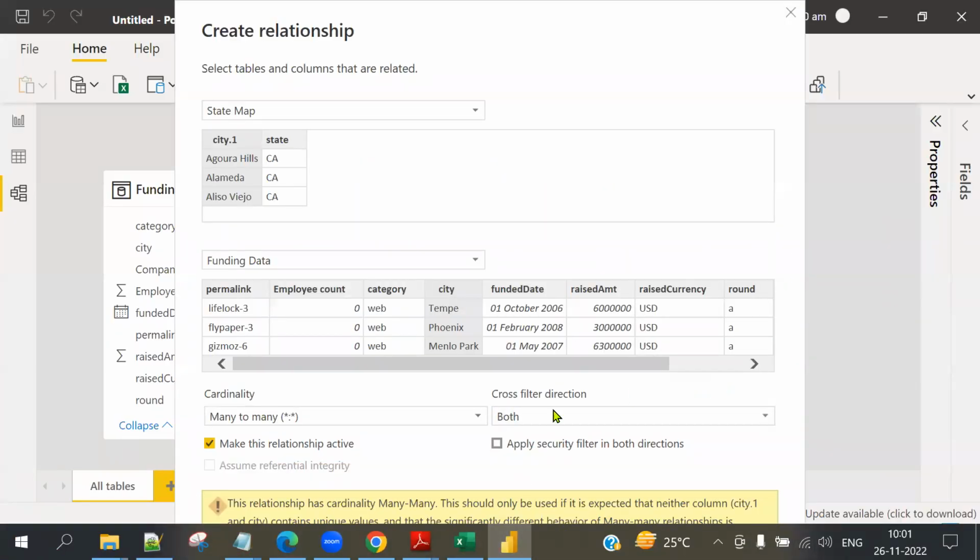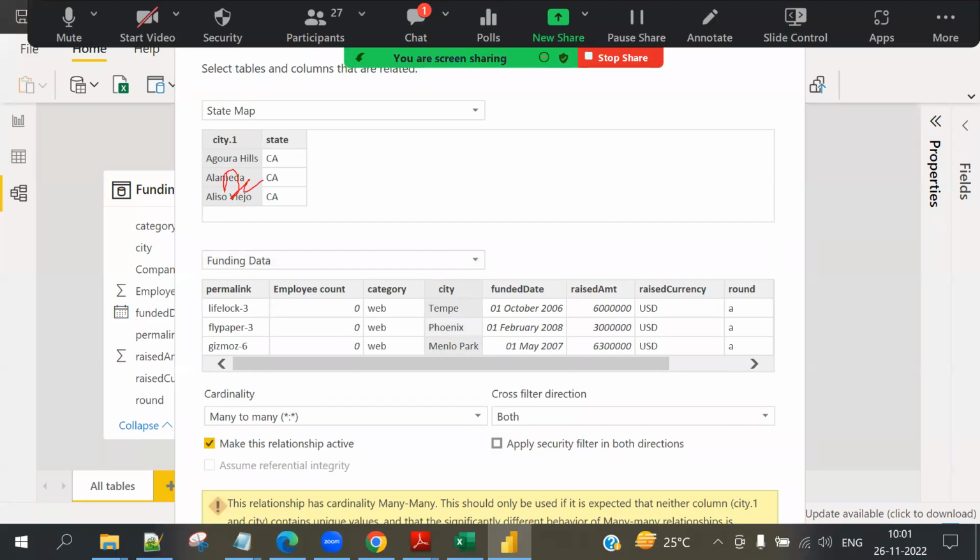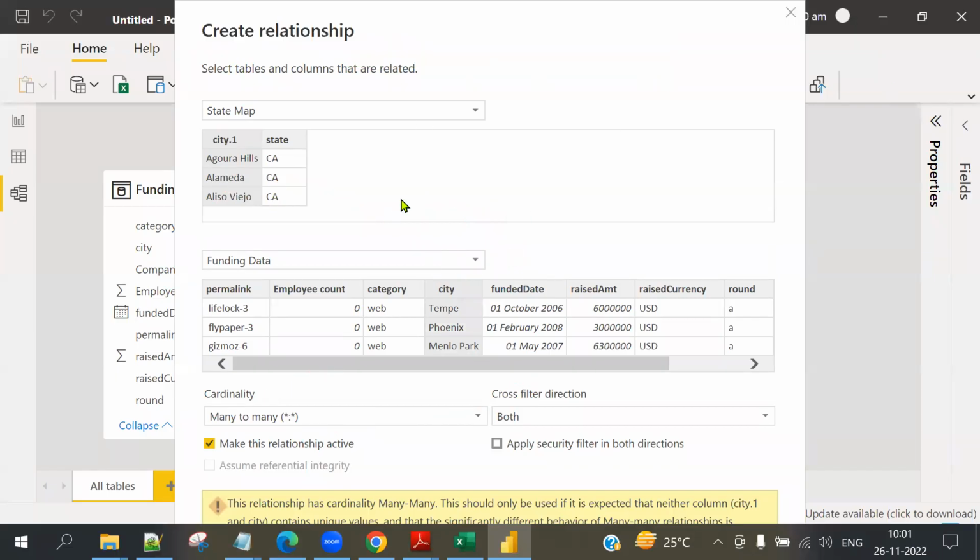Very simple, guys. It is telling that the city column in the first table, the state table, does not have unique values. At the same time, here also we don't have unique values, which means here you have duplicate values, here also duplicates. A duplicate relationship is many to many only. I'm taking many to many. But what am I expecting? 1 to many. It will not take because it's going for many to many. Then what to do? If it were that simple, they would not give it to you as a case study, right?